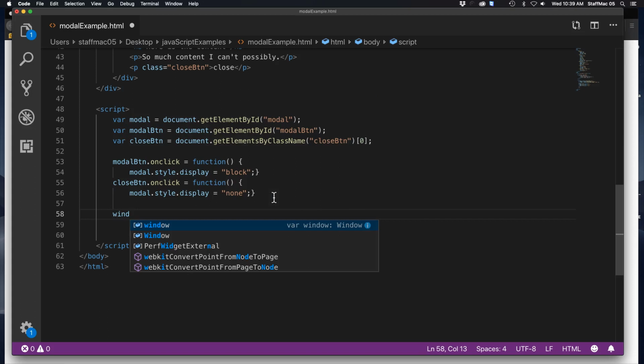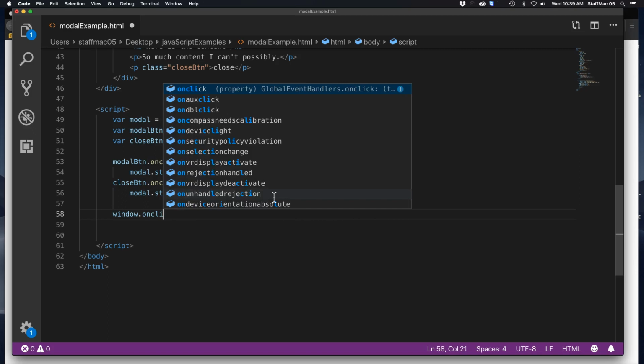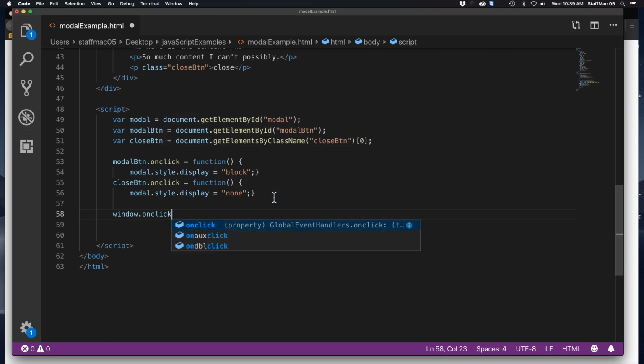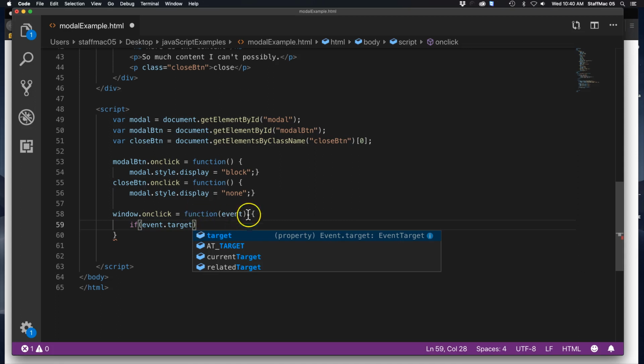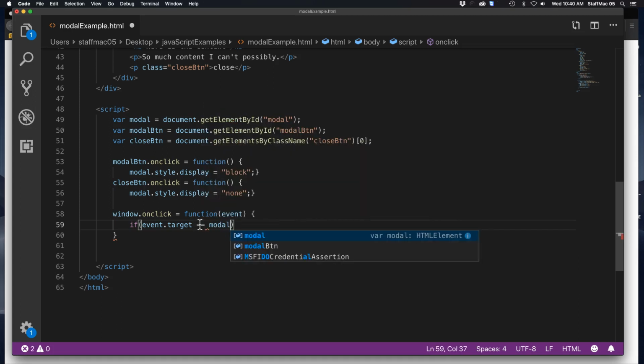And then one last thing we're going to do is window.onclick. So basically, if you click on the window itself, this is just a built-in object, kind of like the document, like when I can write document.getElement, I can do window. If you click on the window, it's going to run this function, event. It's going to send that event that you clicked, and it's going to say if the target of the event, which in this case is a click, is equal to modal, so if you click on the modal, which in this case is the gray area that gets put on. So if you click not on anything in essence, but in the window, it's going to go ahead and